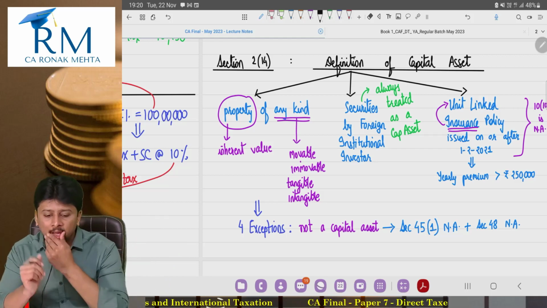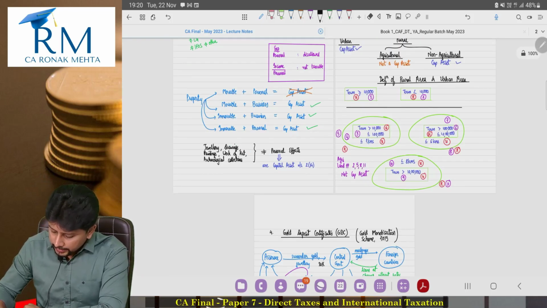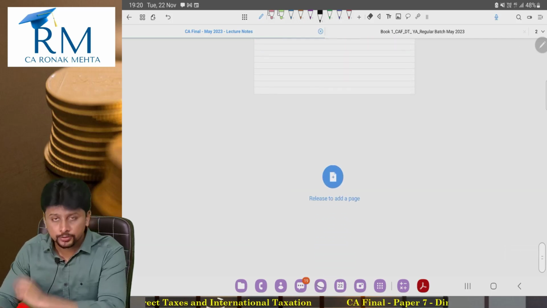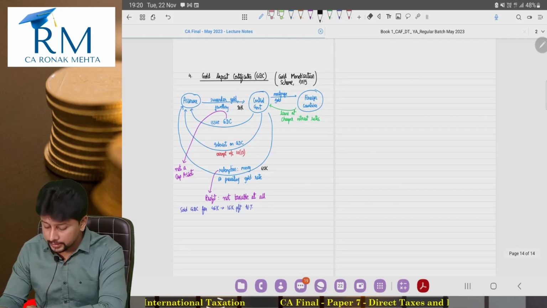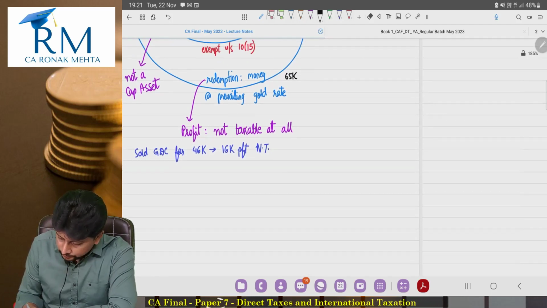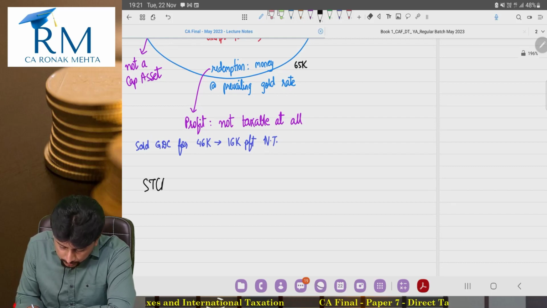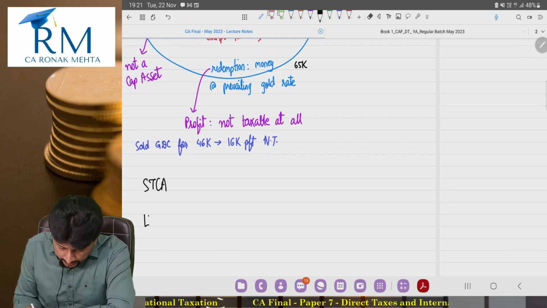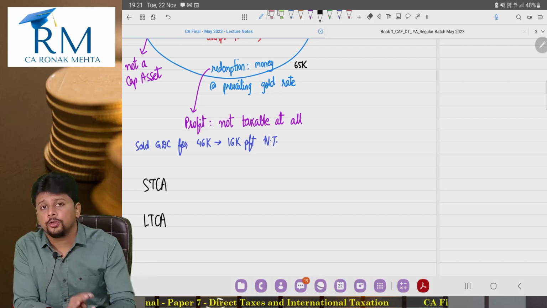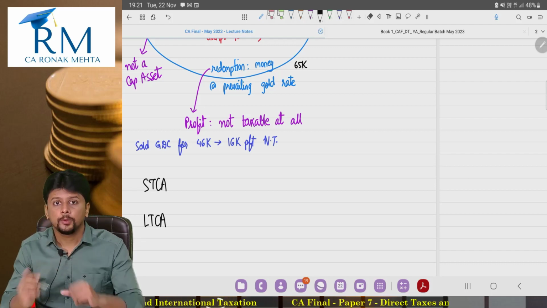Now, after you finish learning the definition of capital asset, well, you need to know one more thing. A capital asset is of 2 types. Even this is something that you have studied from your CA Inter. You have a capital asset which is either called a short-term capital asset or a capital asset which is a long-term capital asset. Why do you need to divide a capital asset into 2 categories or 2 parts, short-term or long-term?